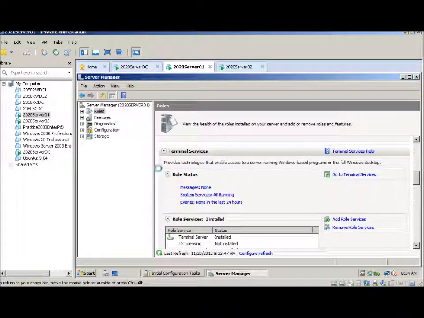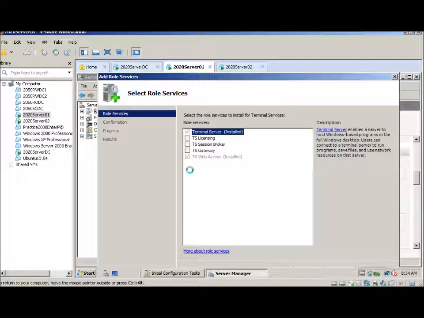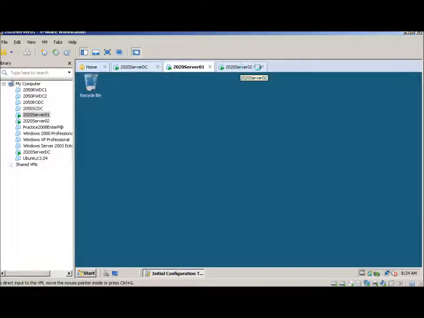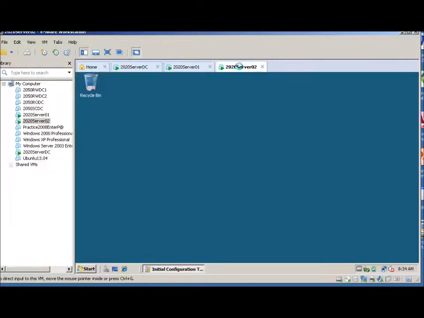manager and scrolled down to the terminal services, and you just click on add role services. I've already added this, but you just check this right here, the terminal web access. It's already installed, so we can just cancel out of that. Okay, since we've got that installed, let's go over here to Server 2, and it wanted us to log on